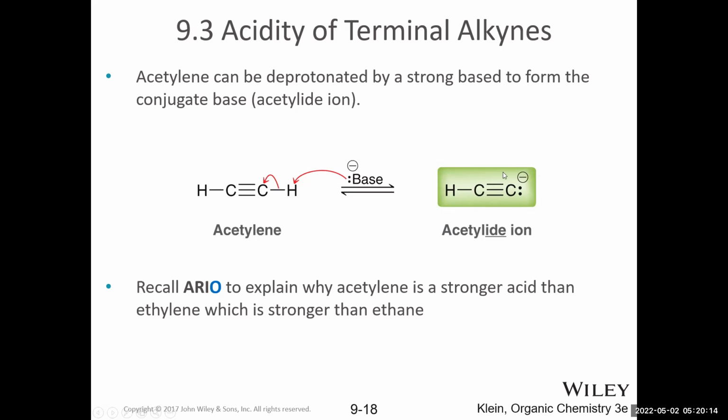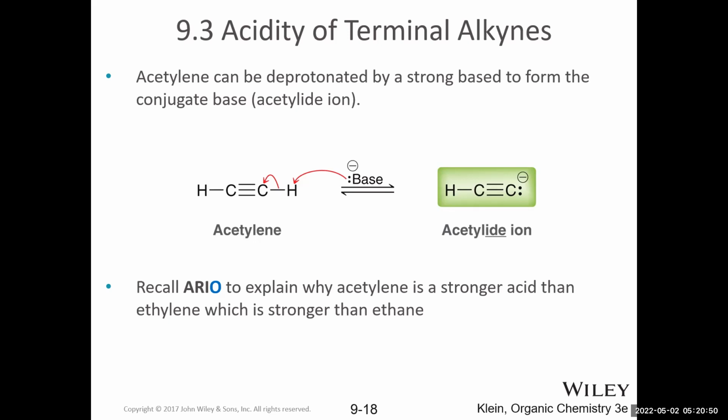Nucleophilic carbons are pretty hard to come by. Oftentimes, carbon is bonded to more electronegative groups like halogens or oxygen, and as a result, it has a partial positive charge commonly. It is not that easy to get carbon with a partial negative charge or a full negative charge in this case. So this is really something important to realize, that you can get a carbanion if you start with a terminal alkyne and treat it with a strong enough base.